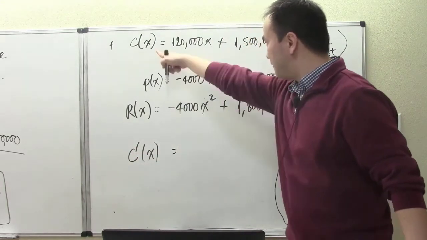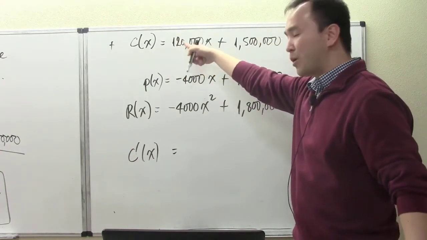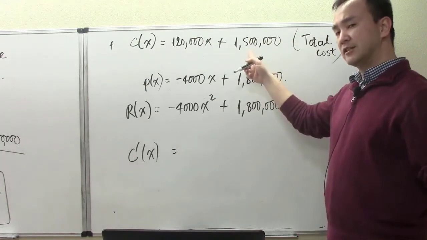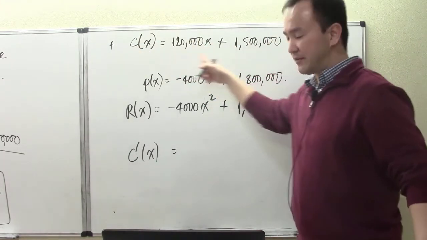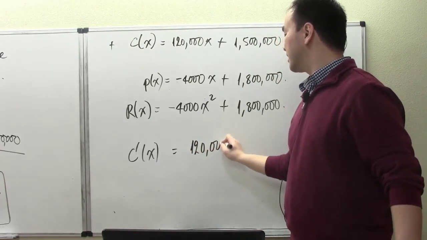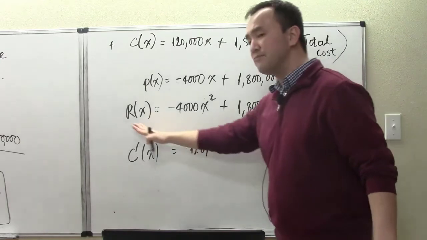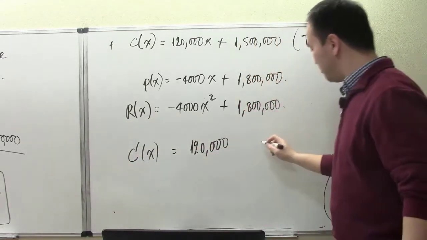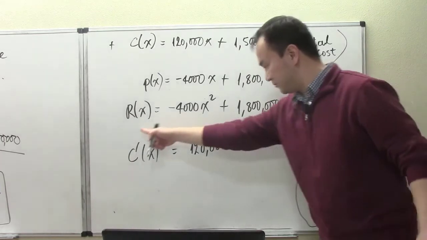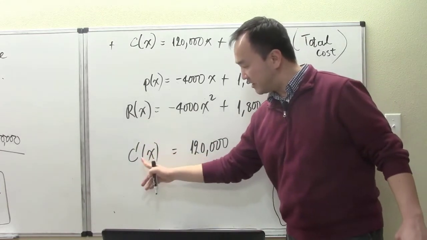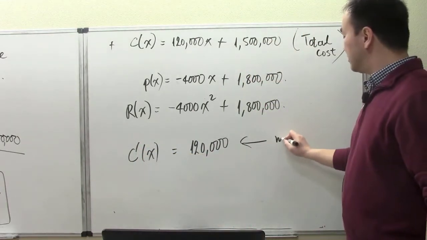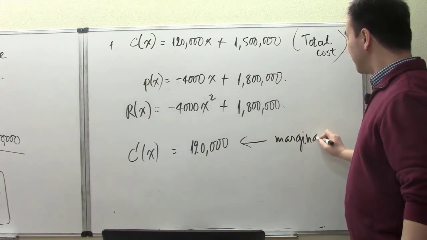But now our function C of x is 120,000 x plus $1.5 million as a constant. So really taking the derivative of this function is simply giving us 120,000 as a constant. But what is now the meaning of this? In a different video lesson that I have already delivered, formally speaking, we can use C prime of x as our marginal cost